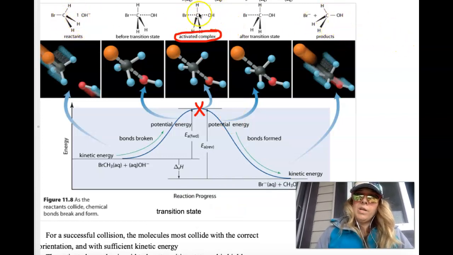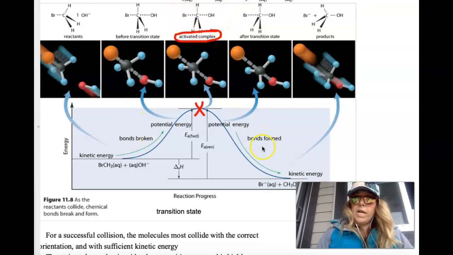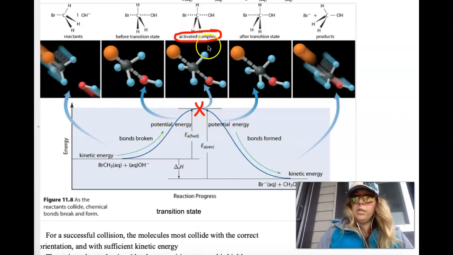This carbon is still attracted to the bromine, but it's also attracted to this hydroxide. So it's this activated complex or transition state that's halfway between reactants and products. It either could go back down and turn back into the reactants, or it could go this way and turn into the products. If it does have enough energy to get over the top of that barrier,